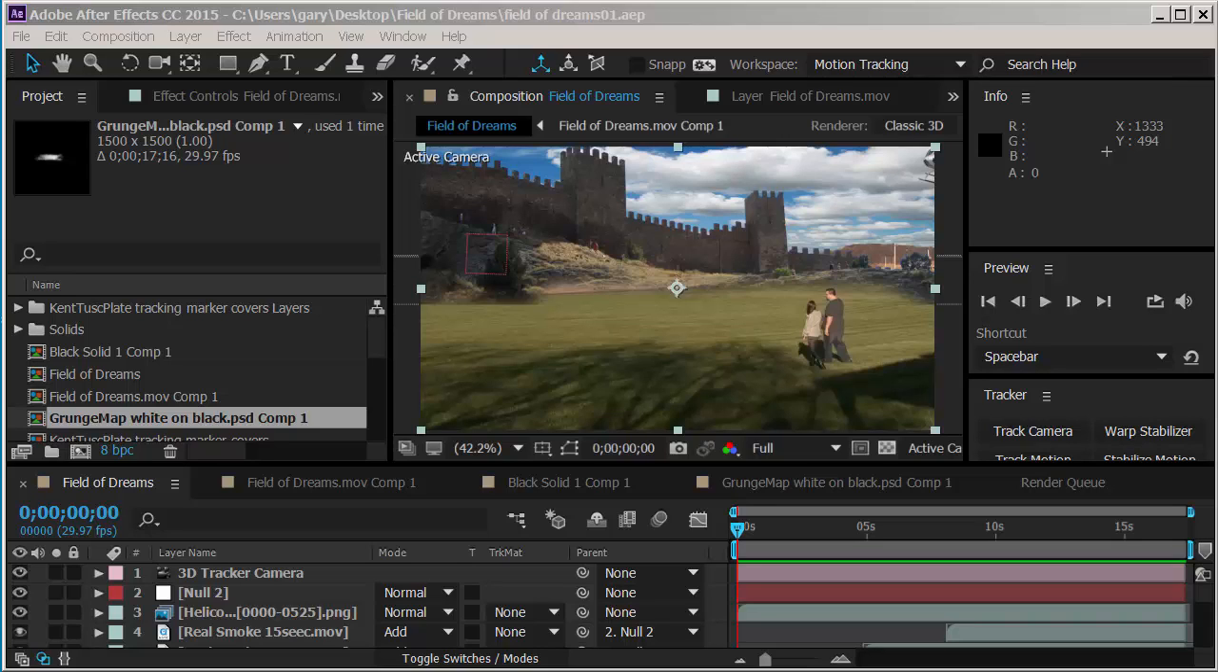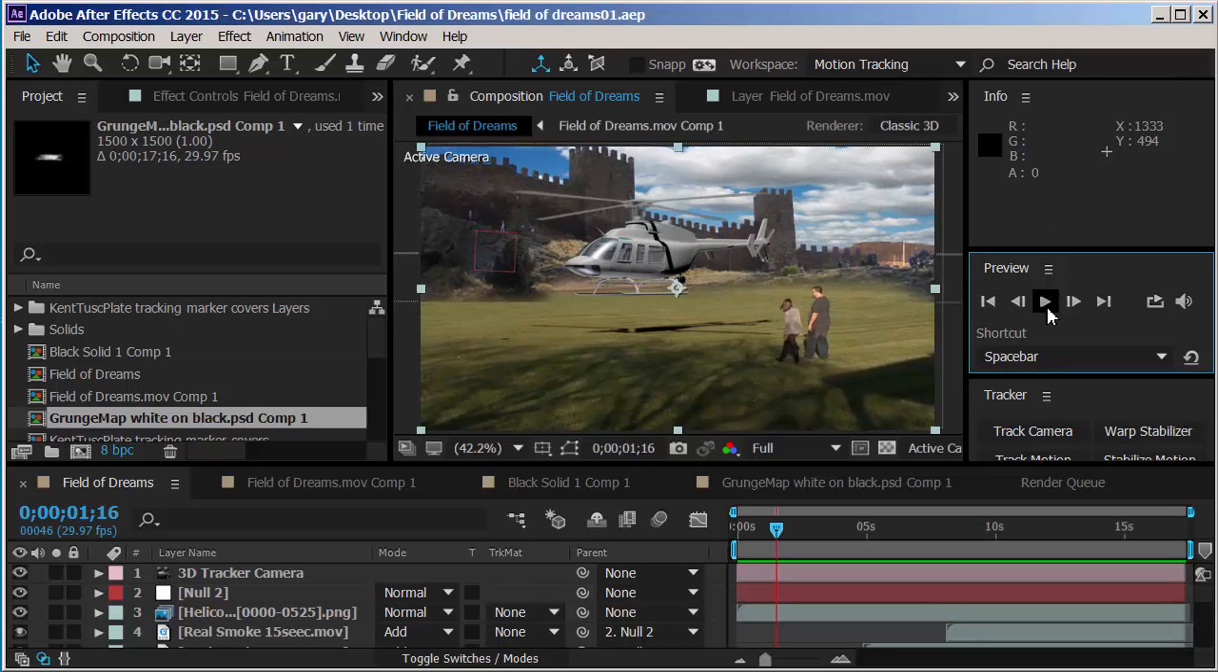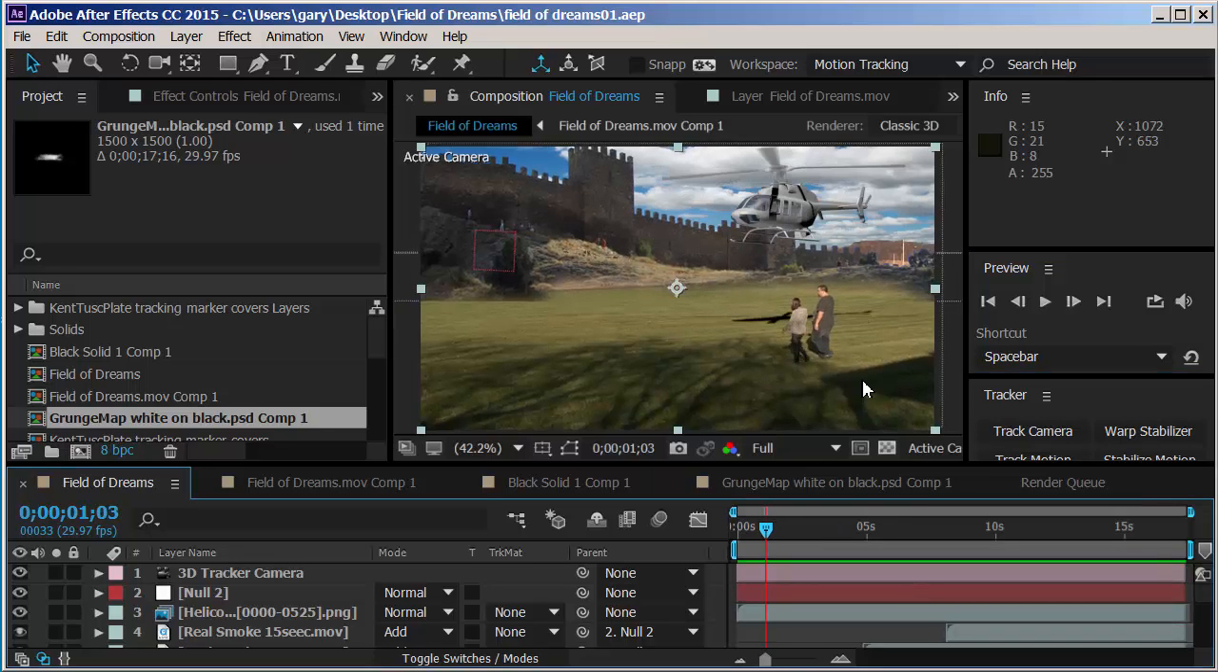Here's a project using the Field of Dreams plate that I just finished putting together on, what is today? Sunday, before the week that you have to start on this. And I'll play it. And you can see I have a model that comes in with the animated rotors. I've got a shadow on the ground, but what's important here is you can see the shadow, even though the shadow is created in